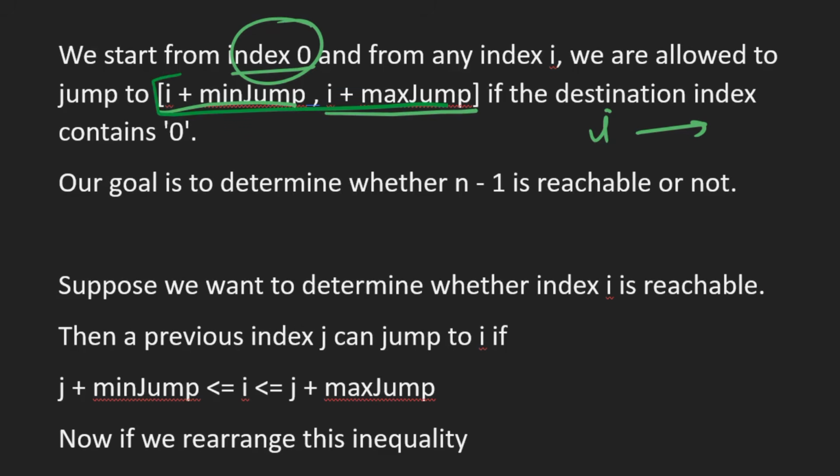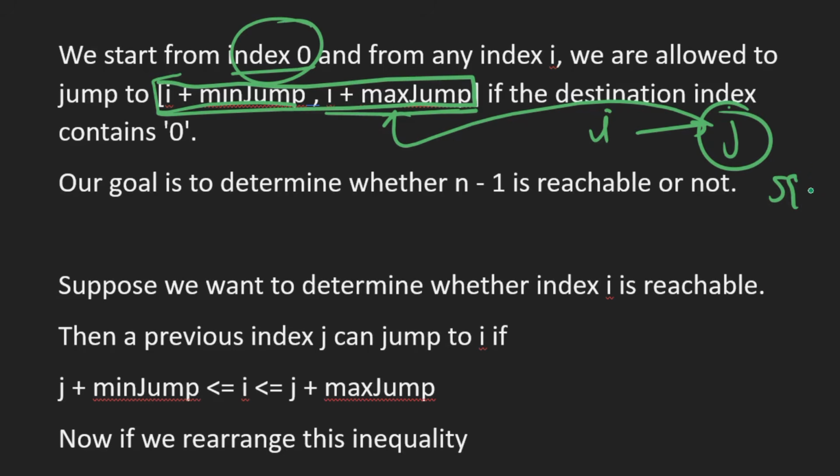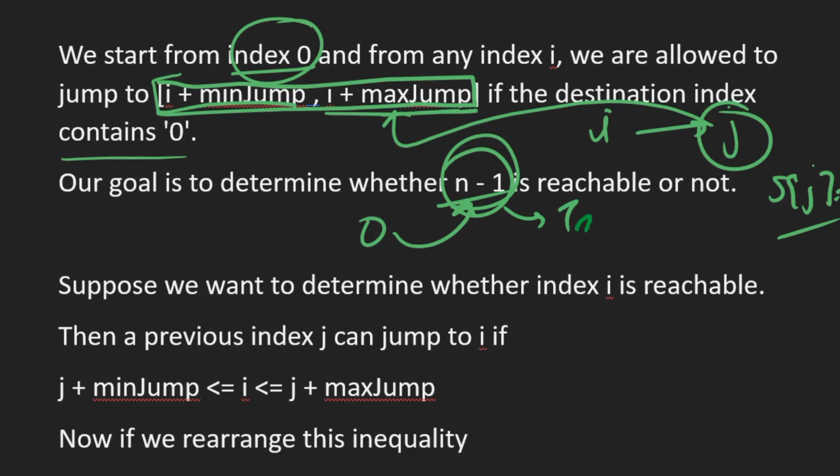In this range we can jump from index i to index j if j lies in this range, and also s[j] is 0. These are the two conditions, and our goal is to determine whether we can reach index n minus 1 from index 0. If we can reach, then we return true, else we return false, right?